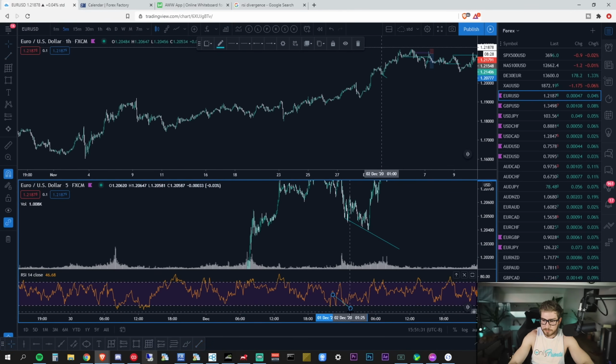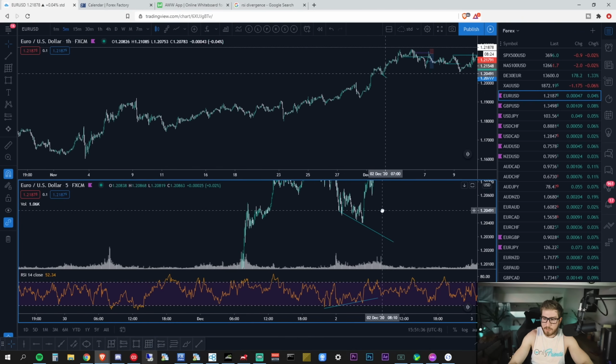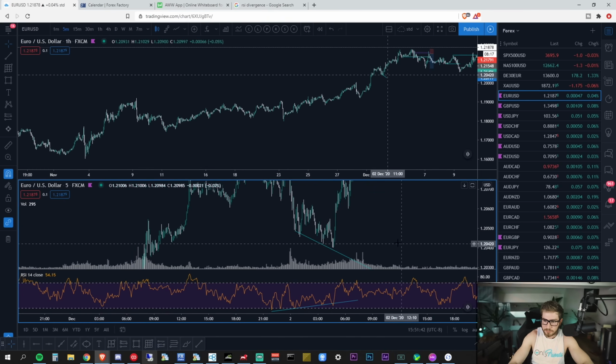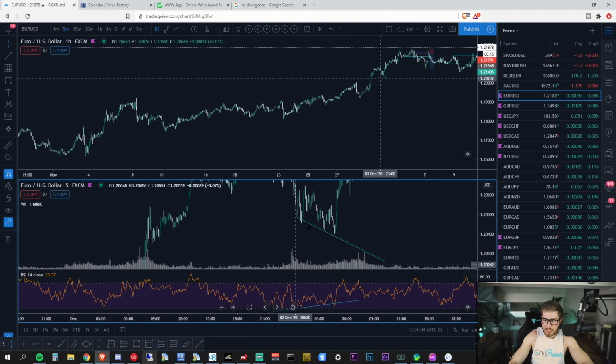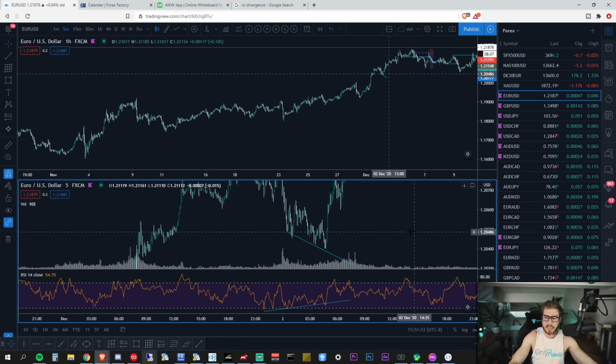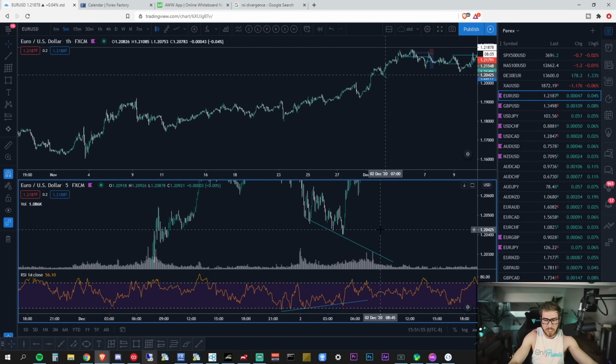Coming back up. Right there, right? So mind you, your first instinct might be to see that you're seeing an RSI divergence right here with it coming back up, and you might put your stop right there, and then you might get stopped out and then it rallies. This is the case of the game. Sometimes you might want to put your stop a little bit wider.